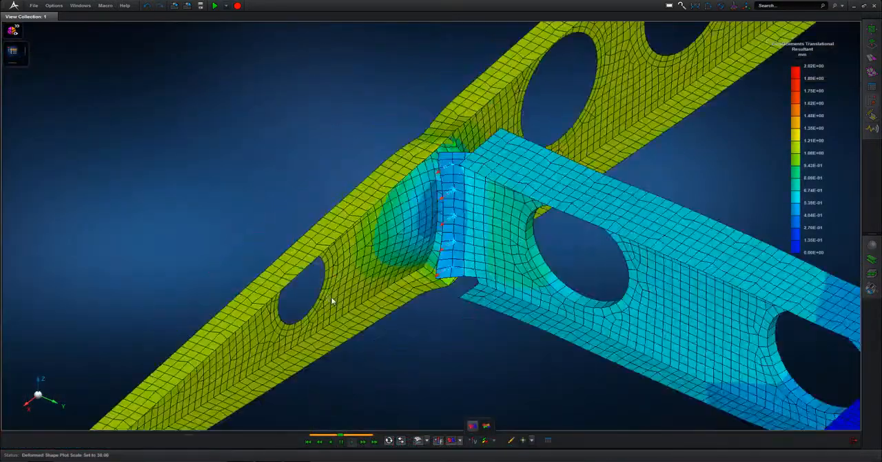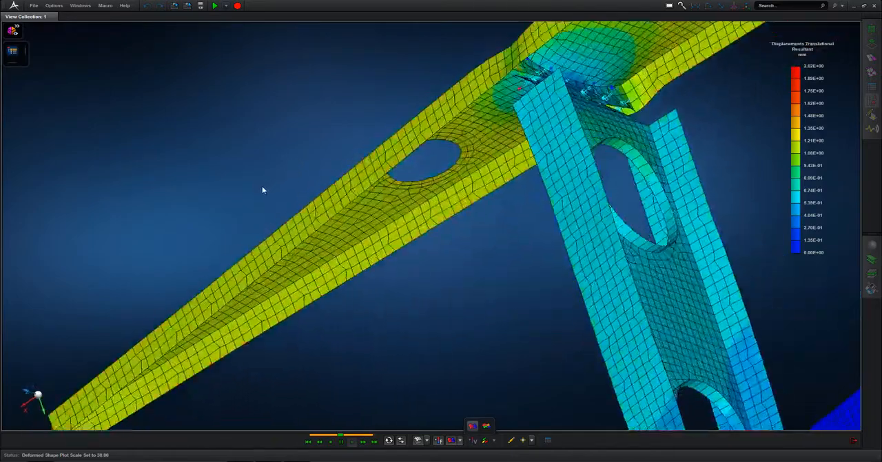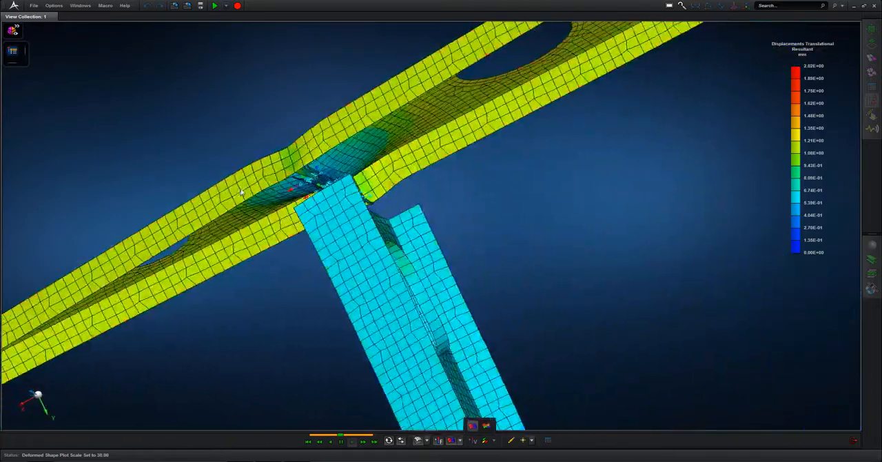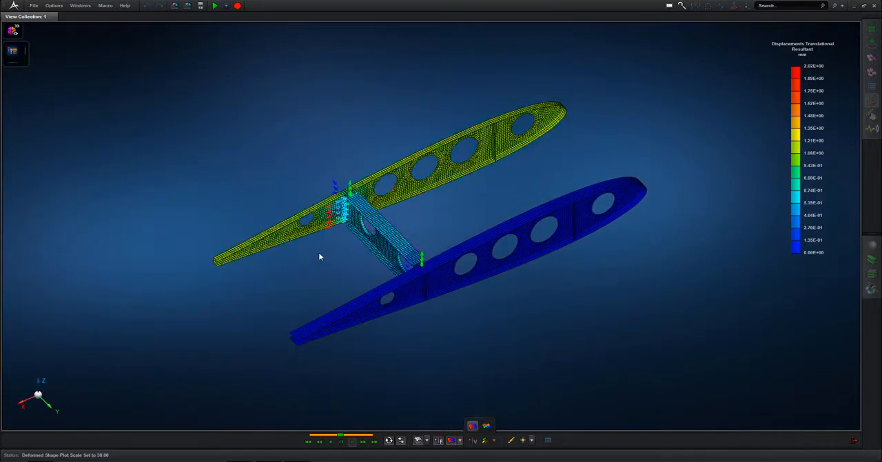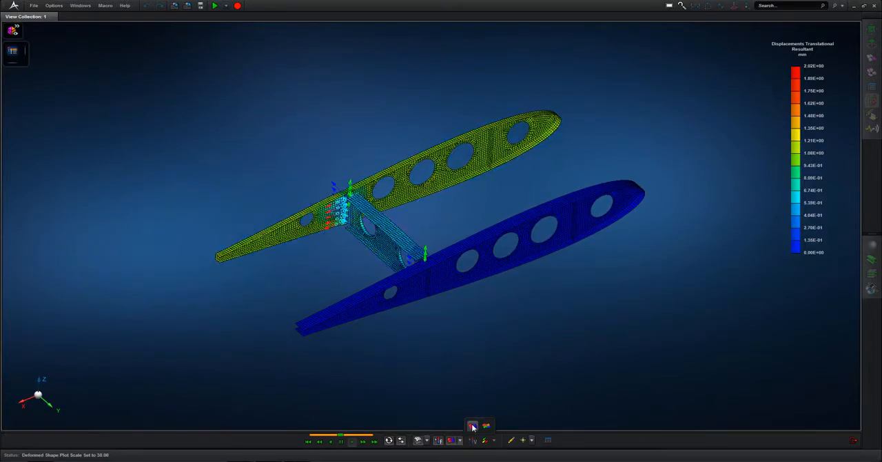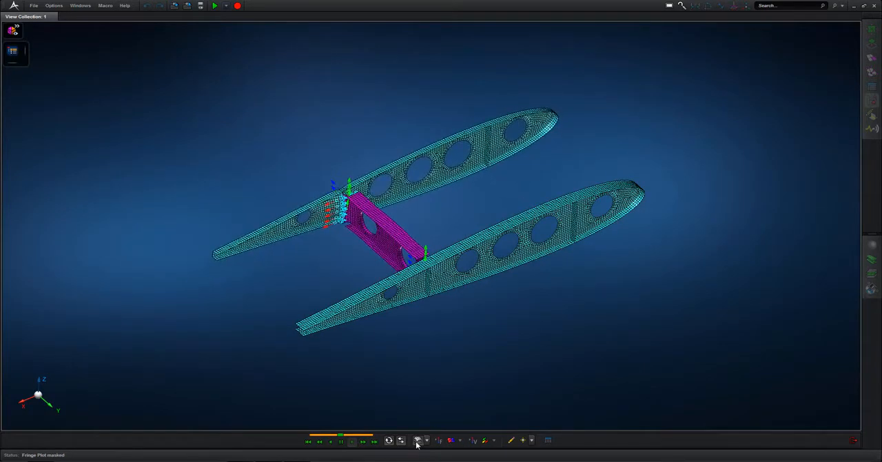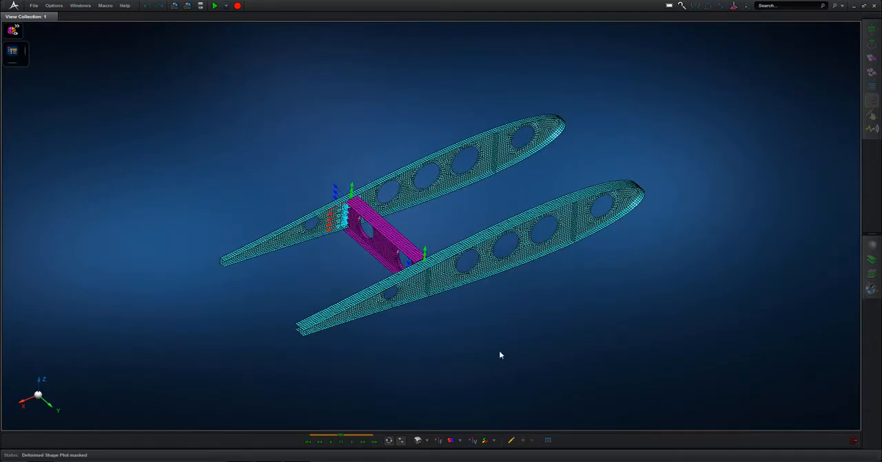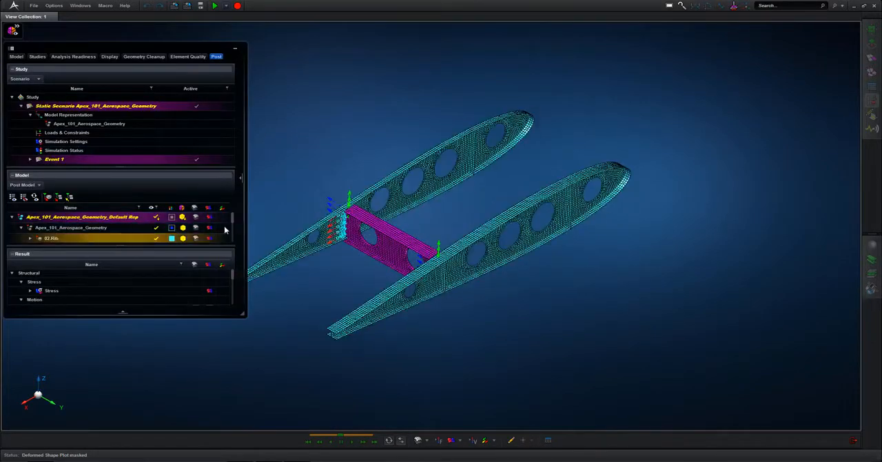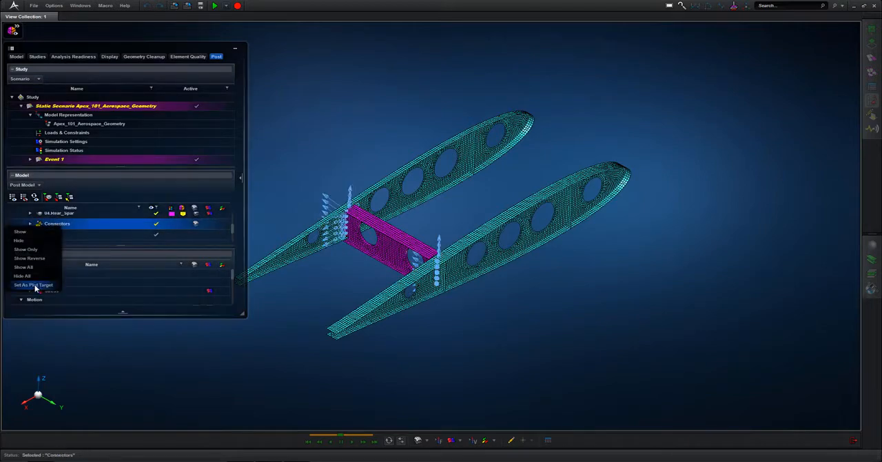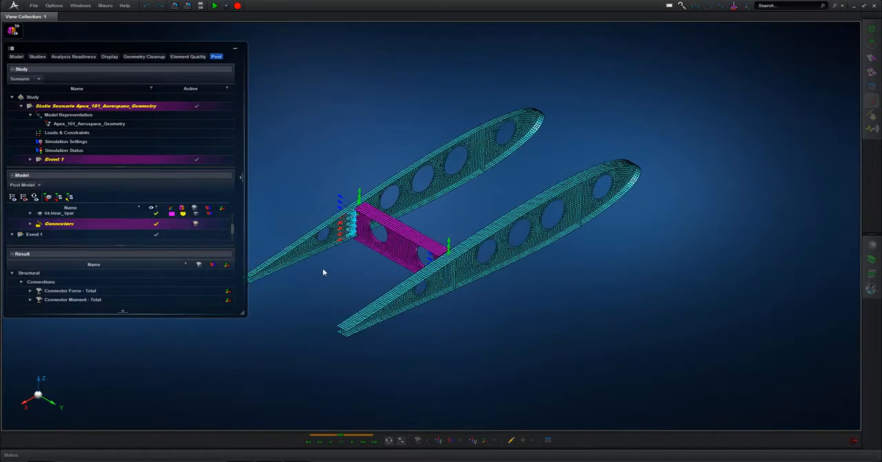So a simple load case, just putting a tension load across the local assembly, and we can see the lap shear effect as the tension pulls the rib into the spar, and then turning off displacement, we can start to look at the interface loads, or rather the fastener loads that are developed. So going into the results browser tree, set the connectors as the plot target,